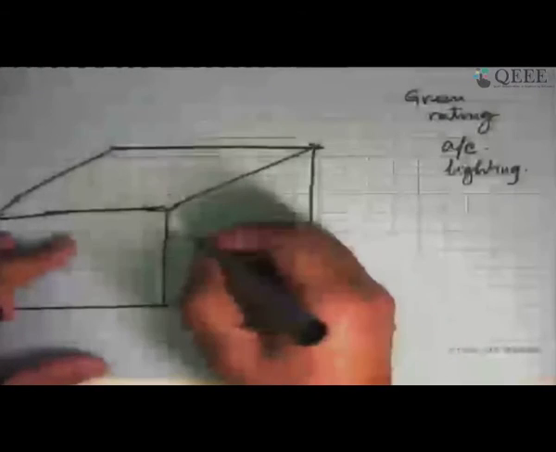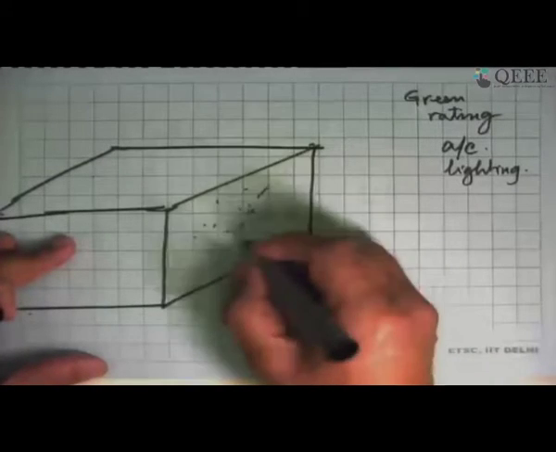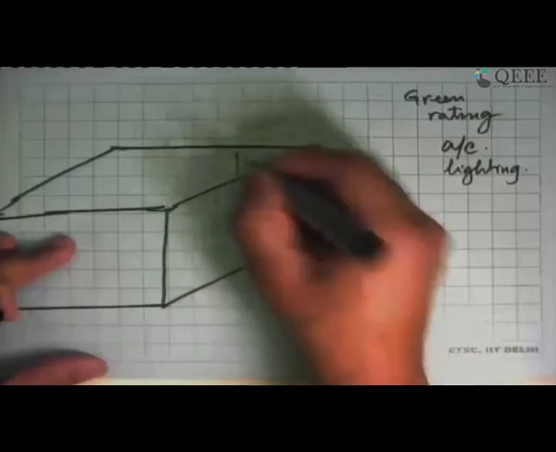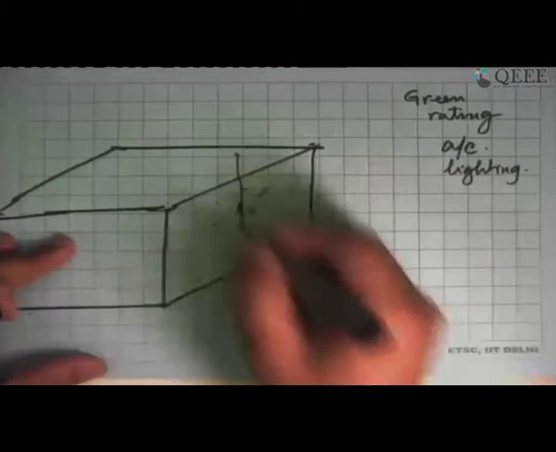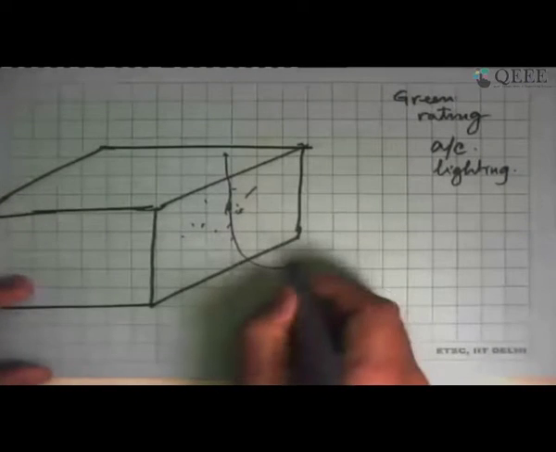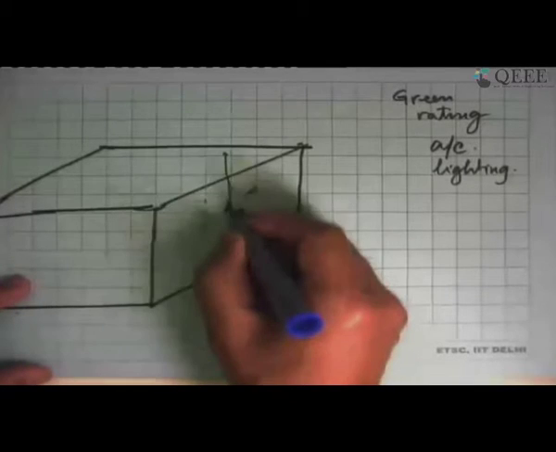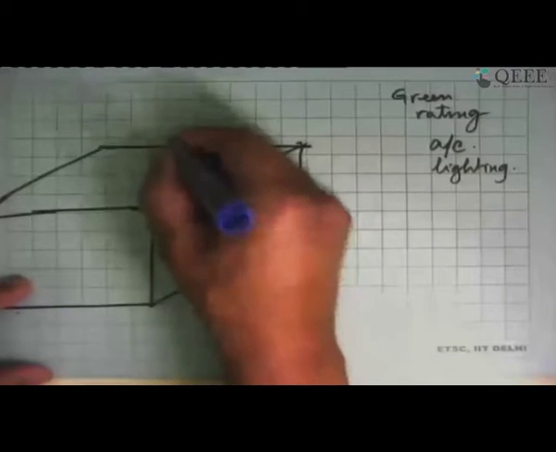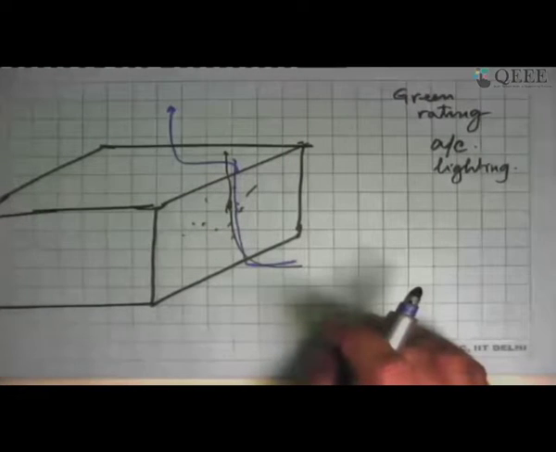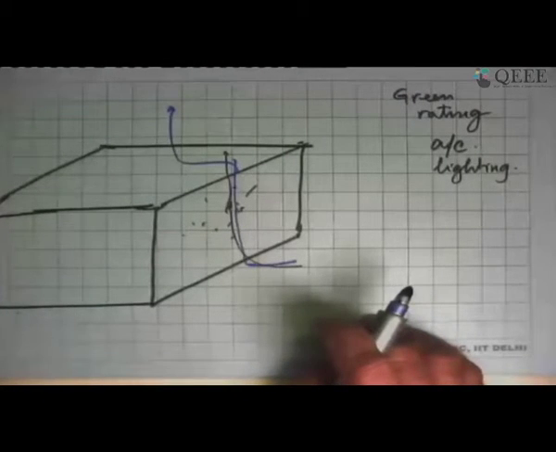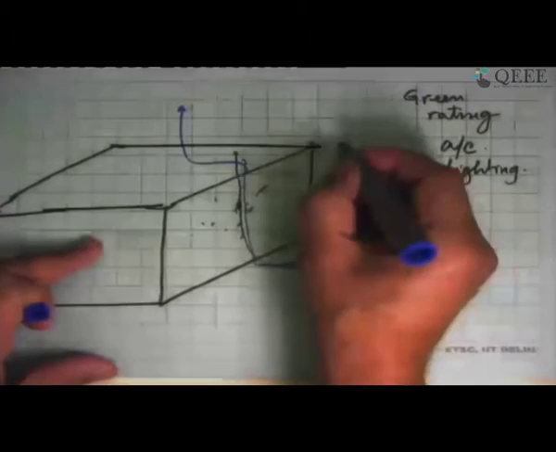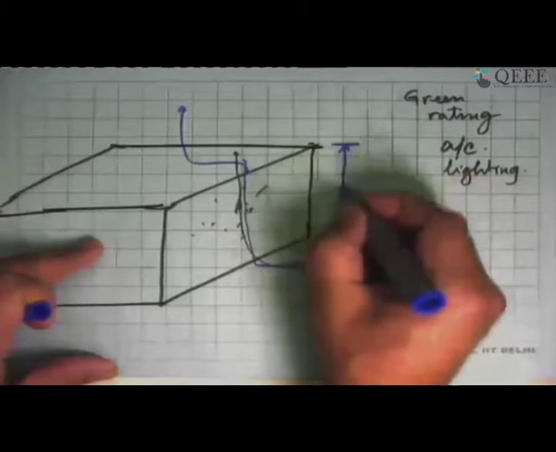Then if there is no wind, there will be an air current which will come up like this and go up like that. Or maybe it's not even going to be like that. The ground is there, so the air will come here, but velocity is very small. It will go up, it will keep getting accelerated, then it will bend over this flat plate and then go up. So streamlines like this are induced by buoyancy. The correct length parameter for evaluating the Grashof number in this problem is this length.